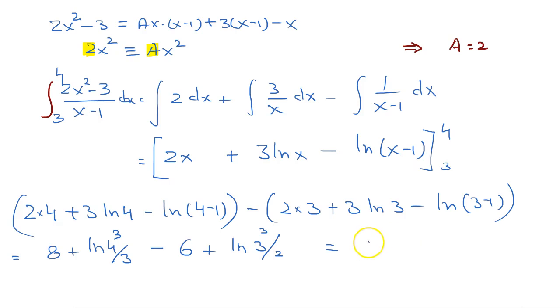So 8 minus 6 is 2, ln, this is positive, so 4 to the power 3 divided by 3 to the power 3 multiply 2, plus,